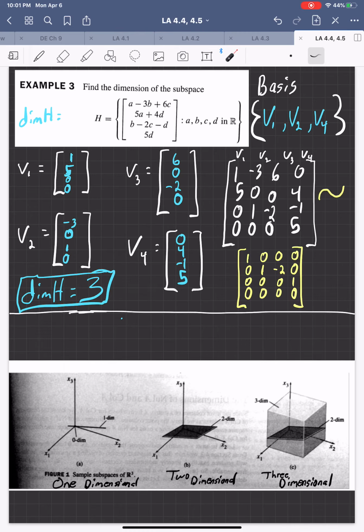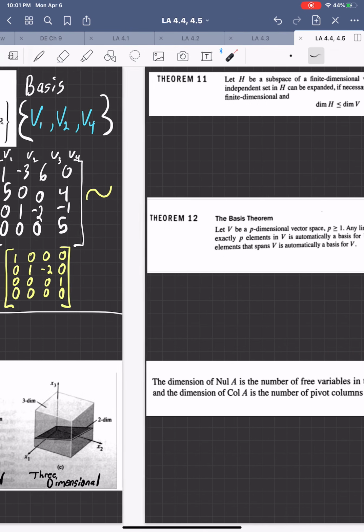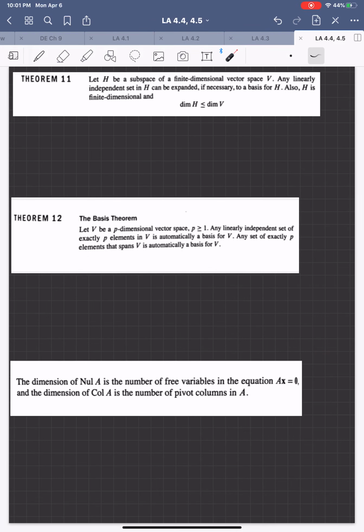So this would be another, since every vector space is a subspace and every subspace is a vector space, then you can see where I'm going with these three different pictures. Okay, so to make Theorem 11 and Theorem 12